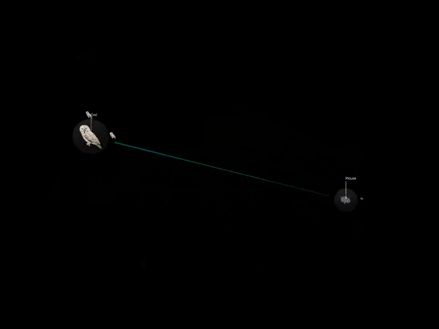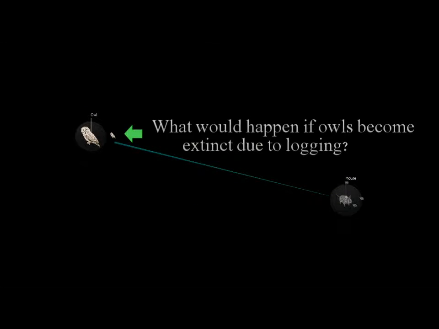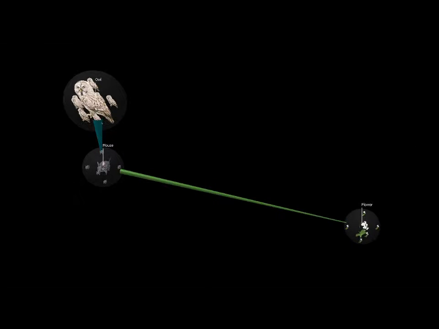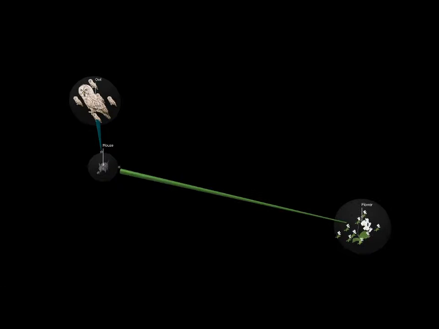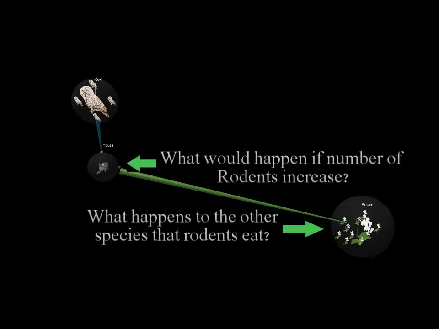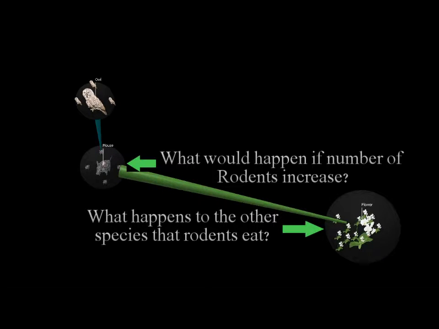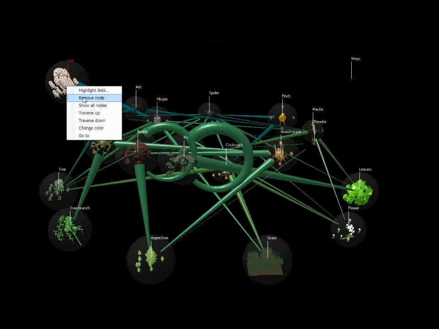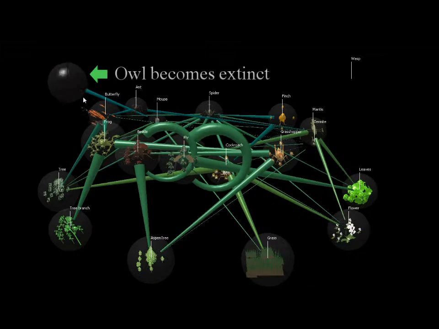Consider the food web visualized here. What would happen if, say due to logging, the owls went extinct? How might the loss of this predator affect the dynamic balance in a little patch of forest? As this simulation shows, it might allow the omnivorous rodents to greatly increase their abundance. That in turn could decrease the abundance of some of the insects and plants that they eat.